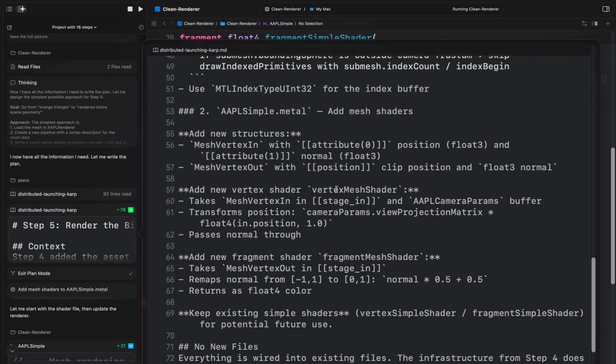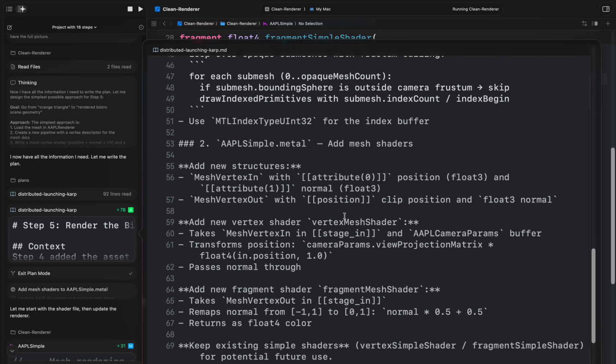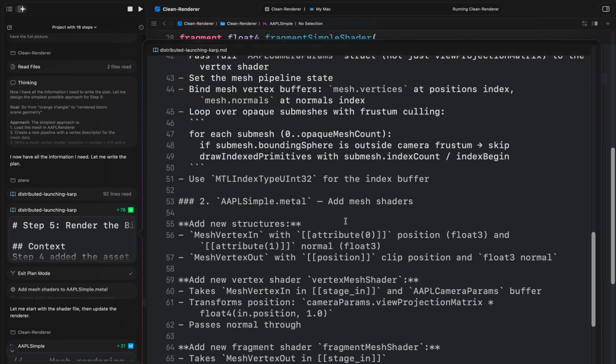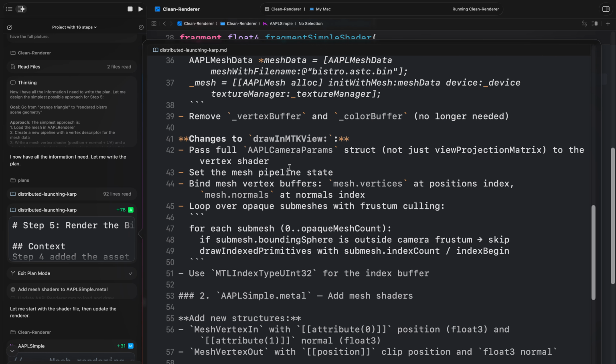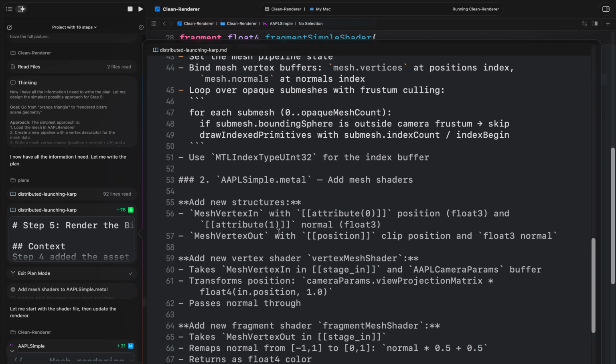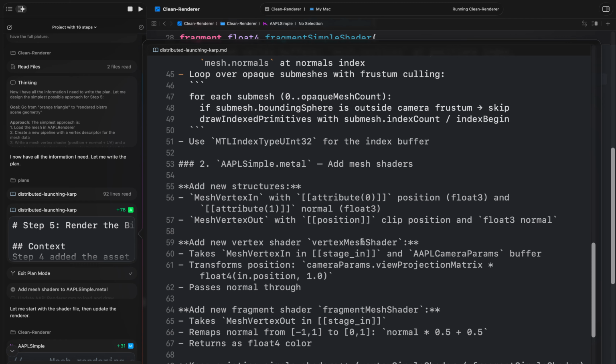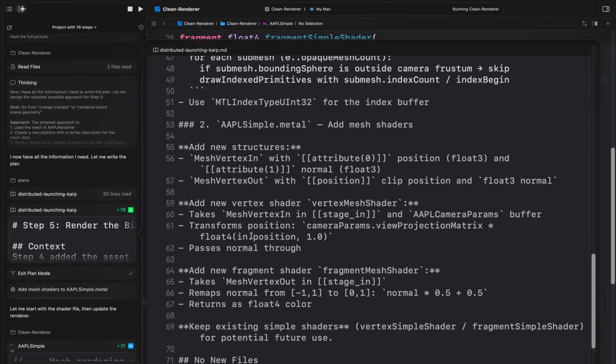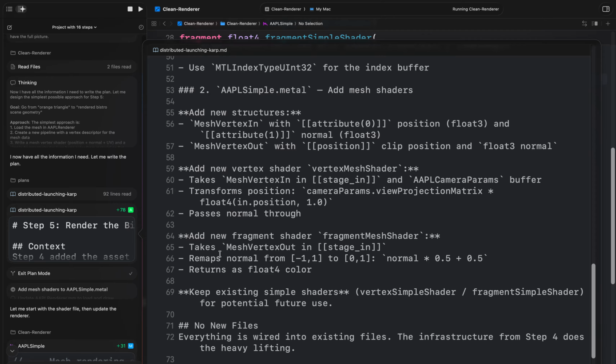So remember, we removed the vertex buffer and color buffer because we no longer need it, because now we're doing this stuff right here. So add new vertex shader, vertex mesh shader. Takes mesh vertex in, an pair of transform. Right, so this was the vertex stuff, and then now we do the fragment stuff, which is the color stuff,